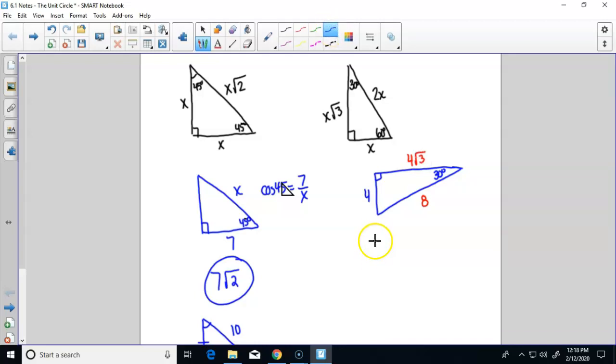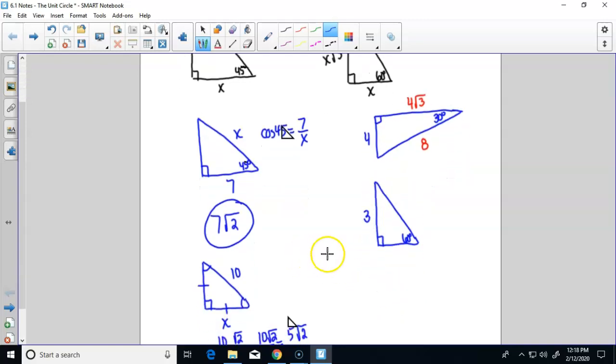You might get something like this. So this is 60 degrees. They might give you something like this. They might tell you this side right here is 3. So this time they didn't give you the short leg, so you've got to get to the short leg before you can get the hypotenuse. To get from short leg to long leg, we multiply by square root of 3. What would we do to get back to the short leg? Divide. So I'd have 3 over the square root of 3 here,